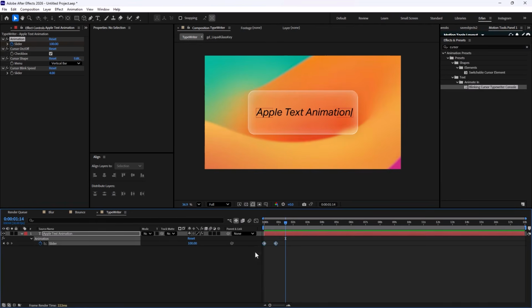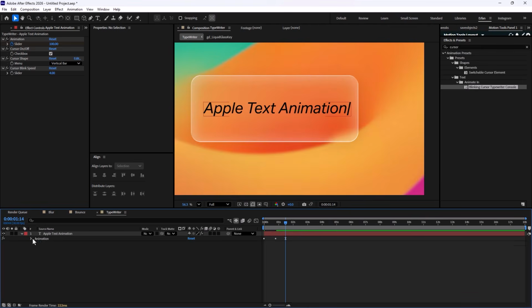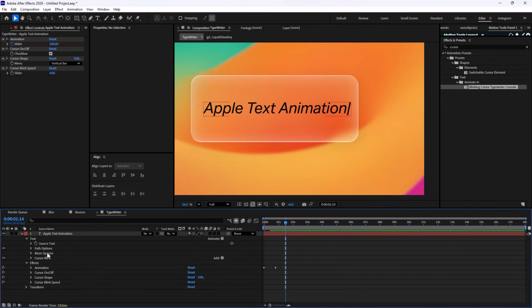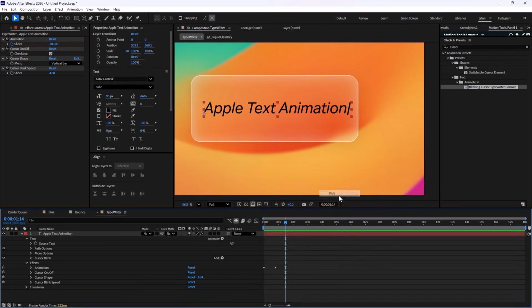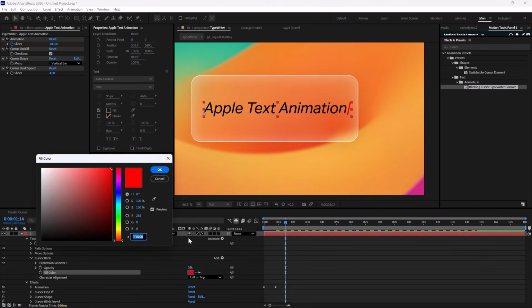You can just fix the easings like this. And if you want to change the color, all you need to do is that you need to open the text menu in here. And let's make sure that you are on the text layer. Important step, you need to go into the add. And this time we're going to go into the fill color and we're going to add an RGB again. And this time we can just change it super easily in here. And there we go.